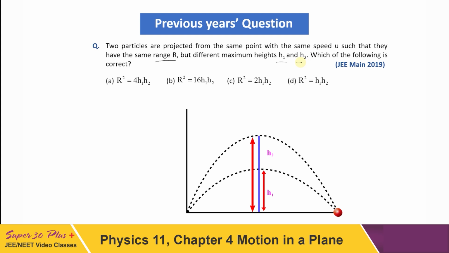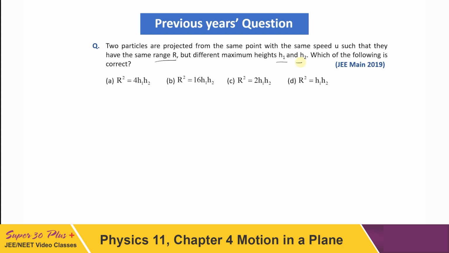So if range is same, we can consider that projection angle for first particle should be equal to 45 degree plus theta, whereas for second projection angle is equal to 45 degree minus theta, because as we know, if two particles have same range in projectile motion, they must be complementary to each other. That is, sum of their angles has to be equal to 90 degree. So I have considered projection angle for first particle to be 45 degree plus theta and for second 45 degree